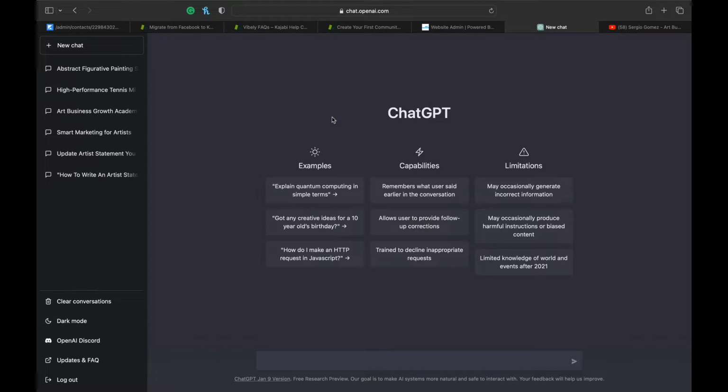If you don't have an account yet, create one. It's free. You can create it using your existing Google account, so it logs in with Google. That's what I did. It makes it a lot easier. And once you are in here, you can type a question to the AI that can help you out with whatever you want. So for example, in this case, I want a kind of shorter version of this artist statement.